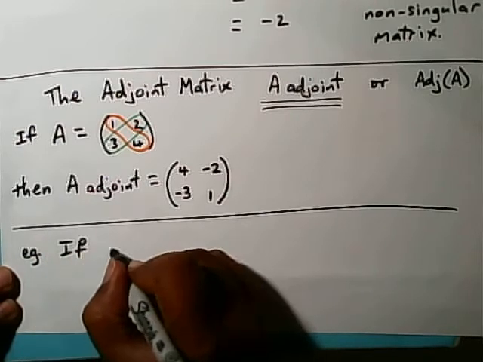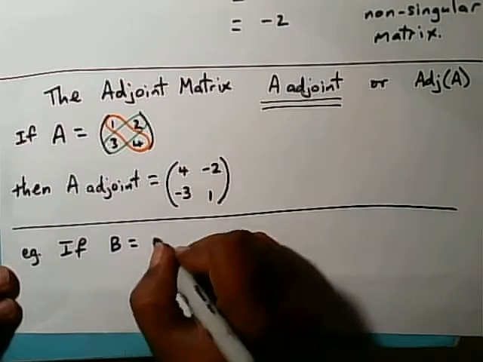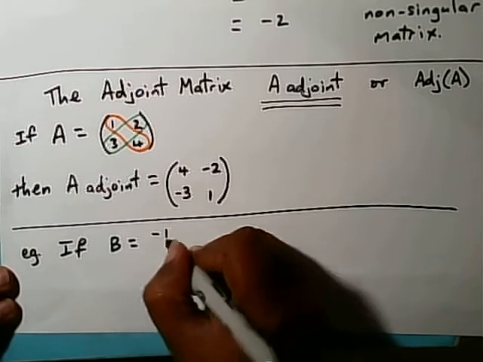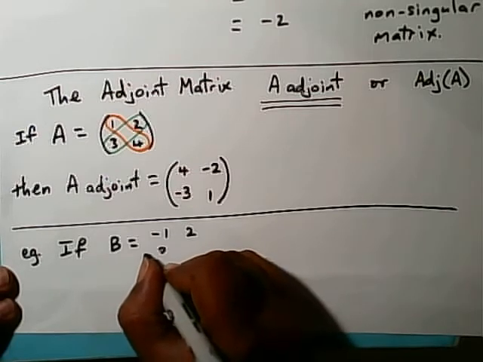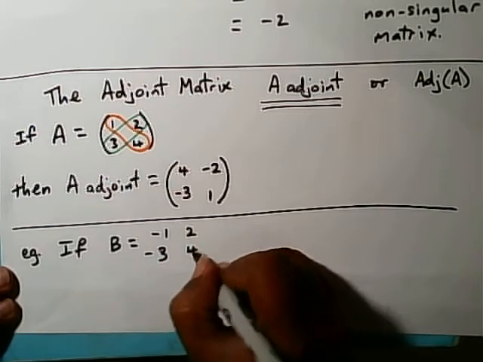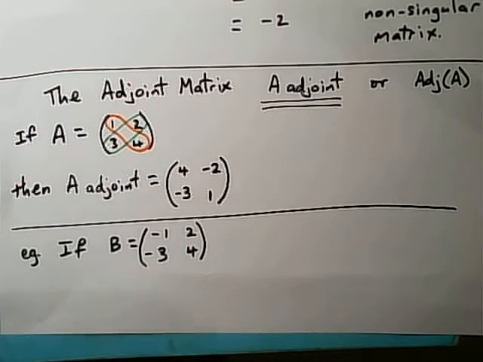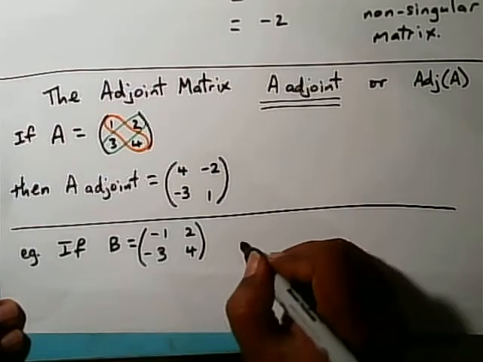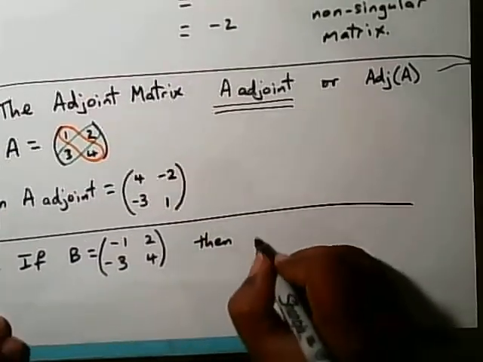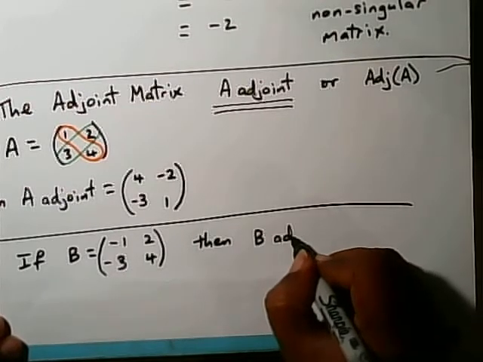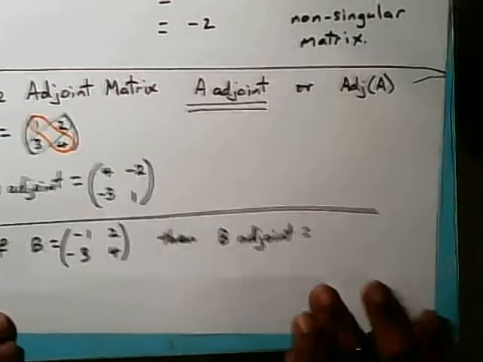If we had a matrix called B, and B was negative numbers, let's say we had minus 1, we have 2, we have a negative 3, and we have 4. Okay, what would that turn out to be then? Then B adjoint is equal to,